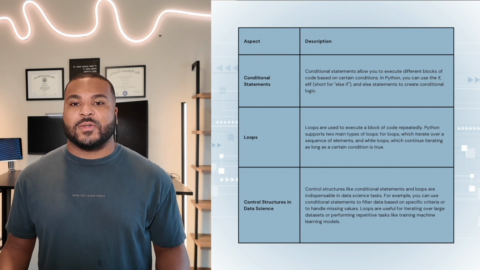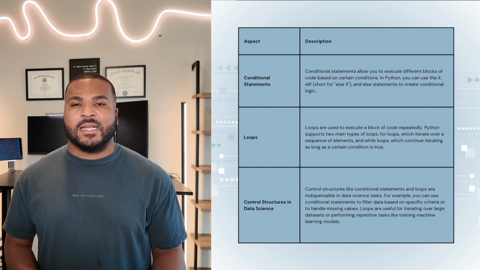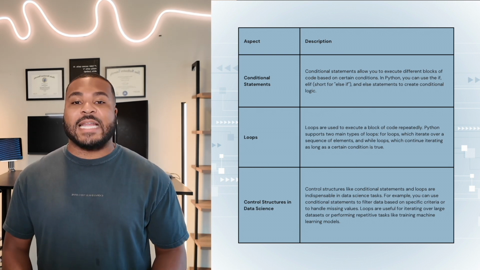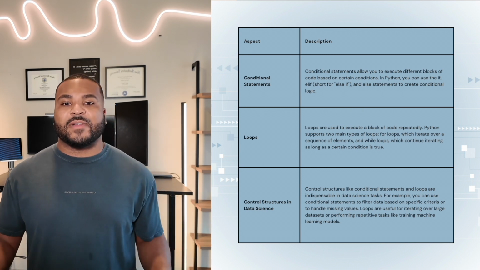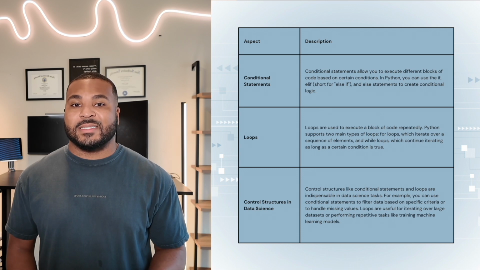or a while loop to train a machine learning model until a convergence criteria is met. Understanding how to use conditional statements and loops effectively is essential for performing data manipulation, analysis, and modeling tasks in Python. These control structures give you flexibility to write code that adapts to different scenarios and effectively processes large volumes